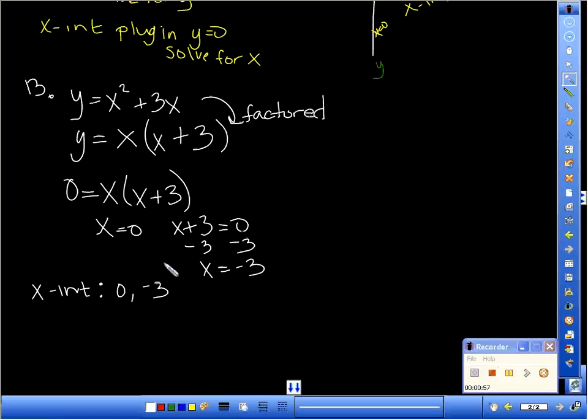And I'm not going to put parentheses around those. It's not an ordered pair. They're two separate points. Technically, 0, 0, and negative 3, comma 0. And then I'm going to find